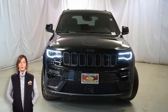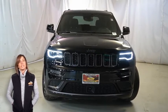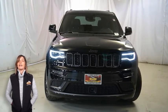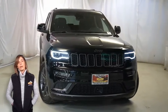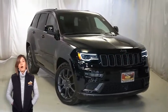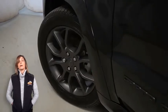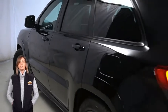Looking for a highly equipped SUV with superior options and unwavering reliability? We'll take a look at this certified pre-owned 2020 Jeep Grand Cherokee High Altitude in Diamond Black Crystal Pearl. With fully automatic headlamps, front fog lamps, 20-inch low-gloss granite crystal wheels, and Pirelli Performance all-season tires, power heated mirrors,